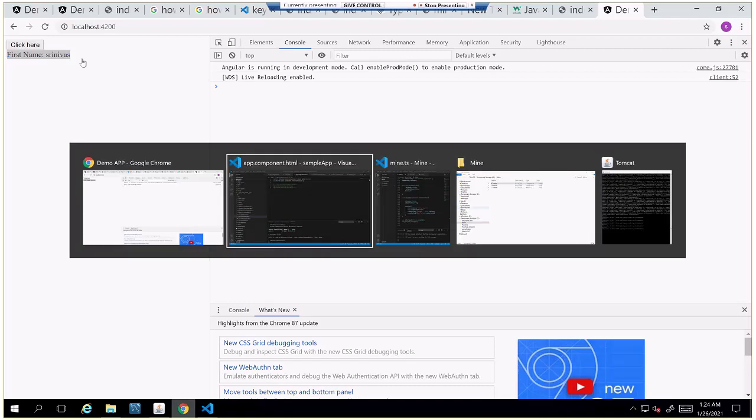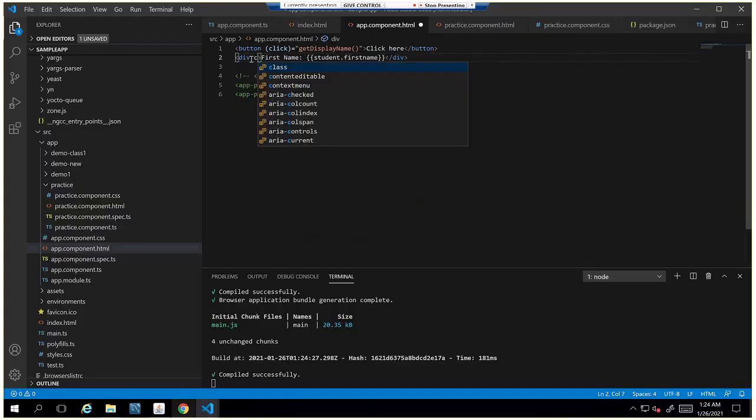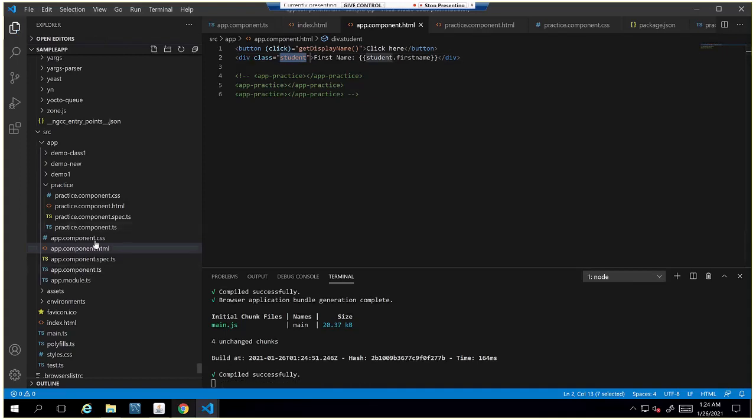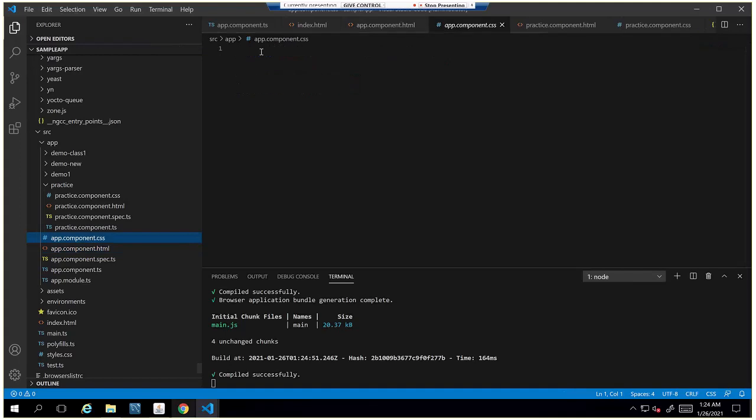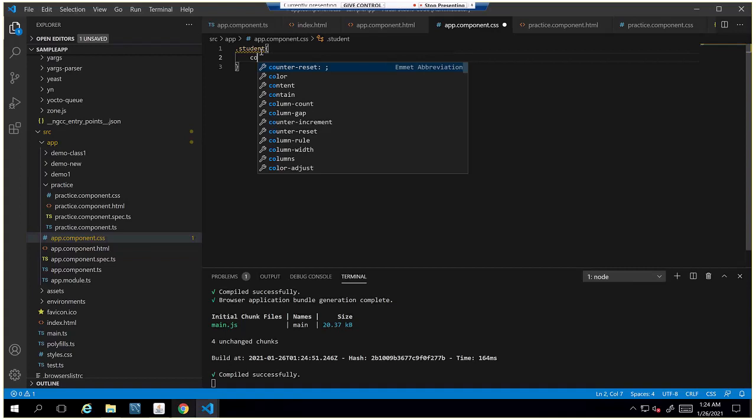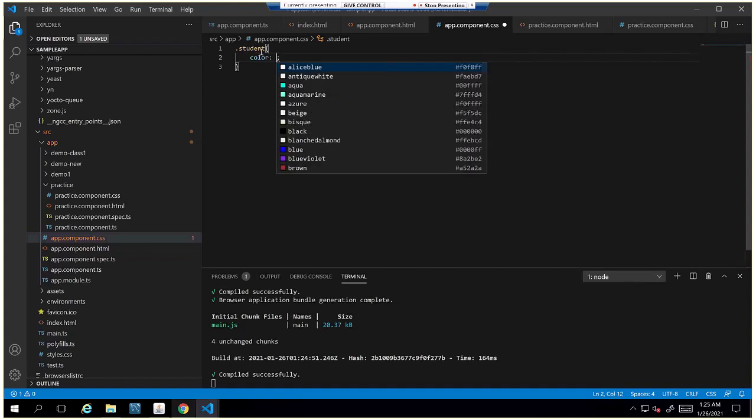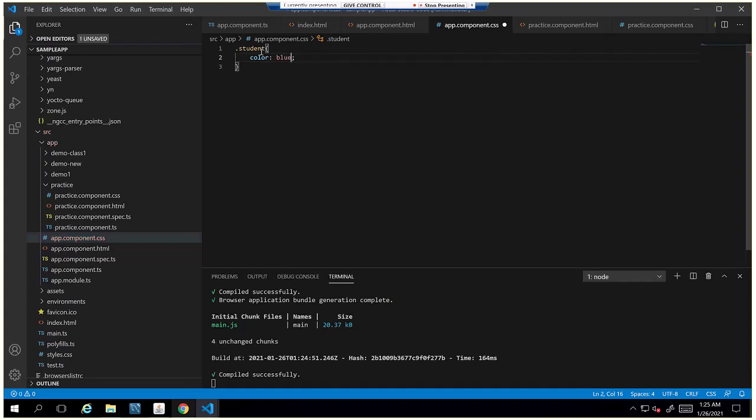And I'll associate some class with this. Any styles that you want to define for that particular division, you can put in the CSS. I'll go and add this CSS class here, dot student, and the text color is some blue, and I'll mention the background color.